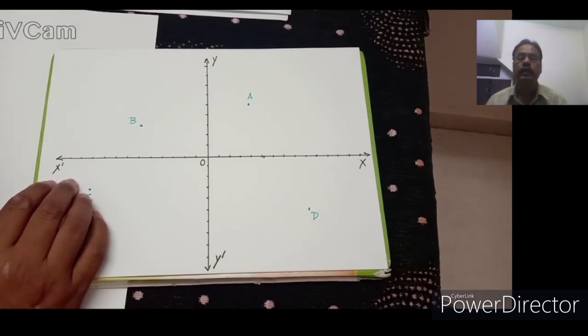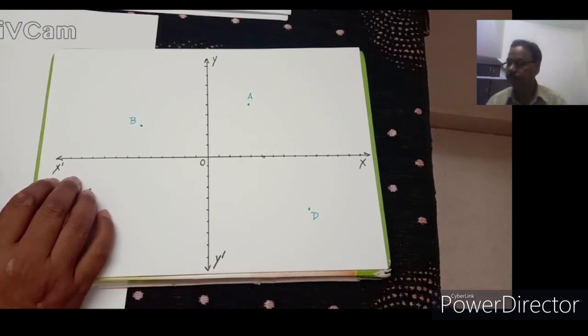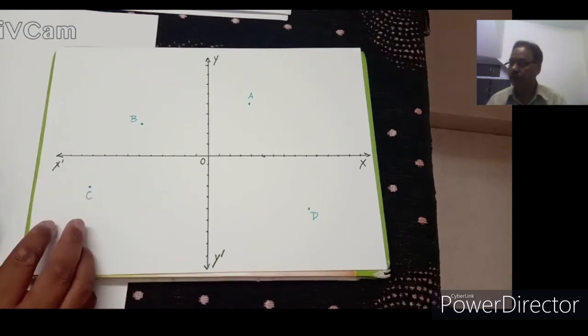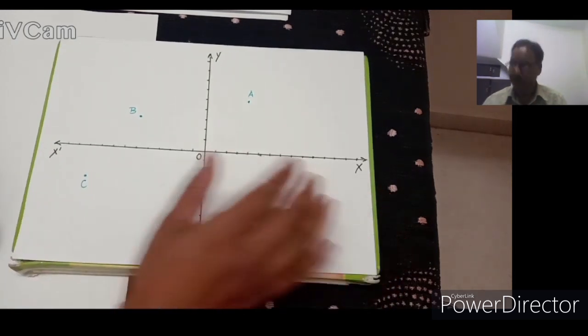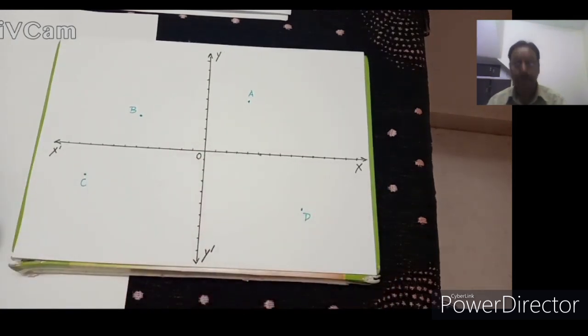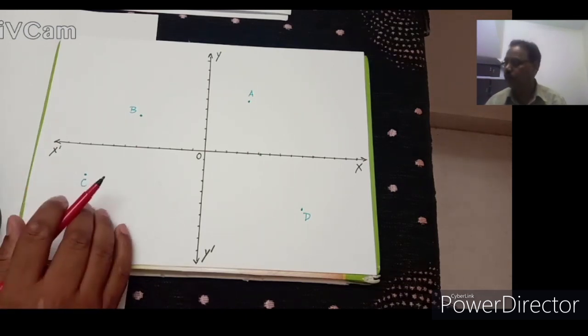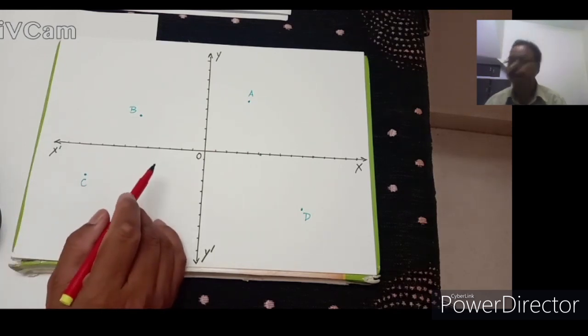Children, in the last class, we have studied about the points. How do we find out the location of the given points on the Cartesian plane? Today, we are going to learn what are the coordinates of the given point on the Cartesian plane. The points are